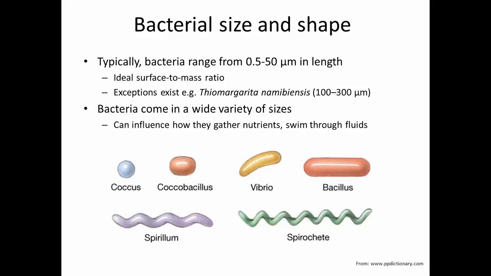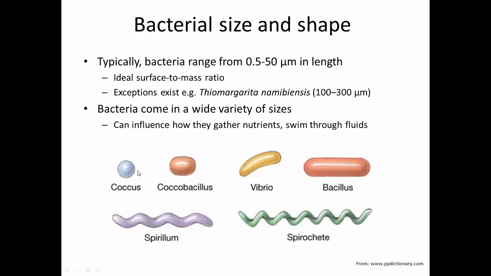And bacteria come in many shapes and sizes, and these are excellent feats of engineering, these bacterial designs here. They optimize things that they can do, and the things that they can do well. But typically the size ranges from about 0.5 micrometers in length to 50 micrometers in length. And they have an ideal surface to mass ratio for absorbing nutrients and gases and such. So you see a lot of them look like a pill shape, or a curved sausage type deal,